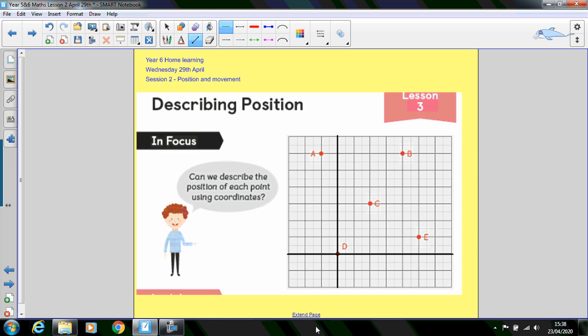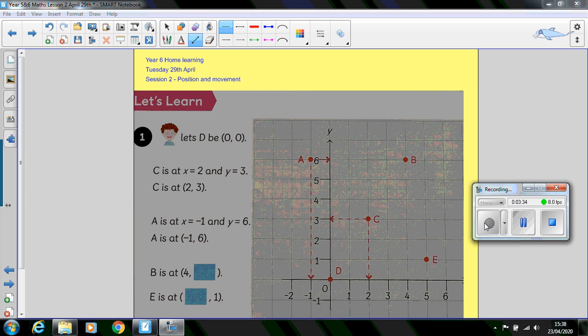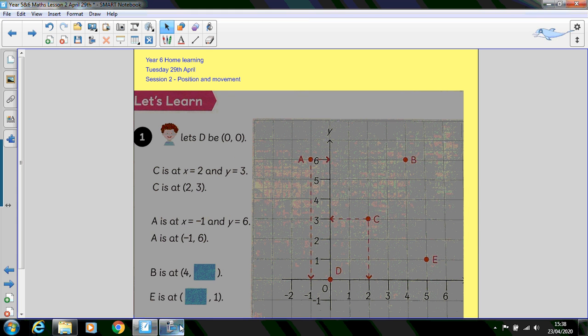Now have a look and see whether you can work out what the points A to E are on the coordinate grid. Press pause, have 5 minutes or so to try and work that out. So Elliot's had a go at putting the coordinate grid through D representing 0 and 0. So I'm going to start now with the